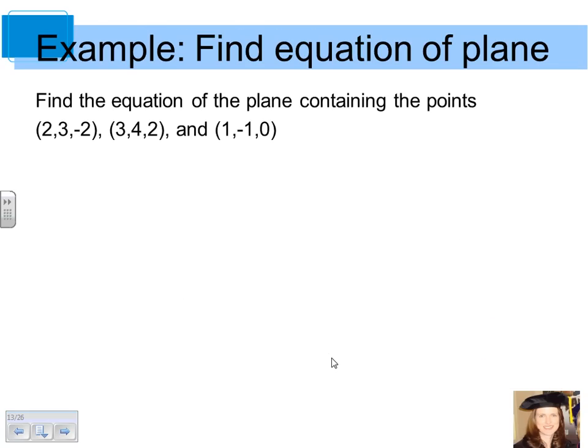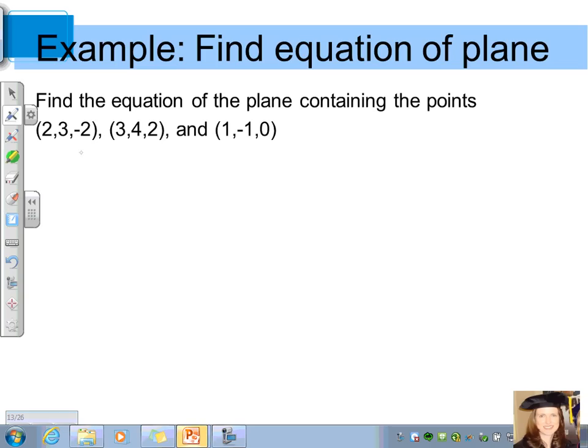Here's another equation that I'd like you to work through, which is very similar to the one we just did. Find the equation of the plane containing the points 2, 3, negative 2; 3, 4, 2; and 1, negative 1, 0. Let's begin